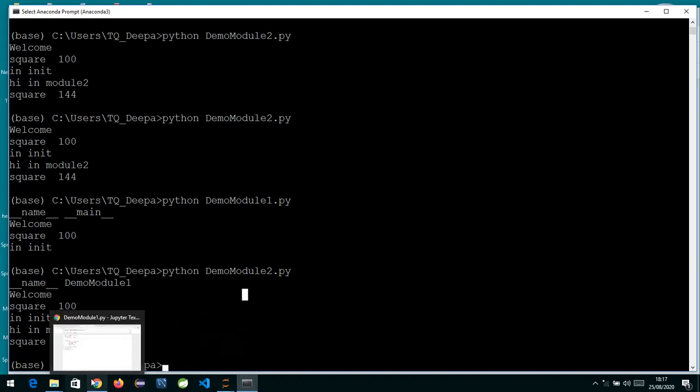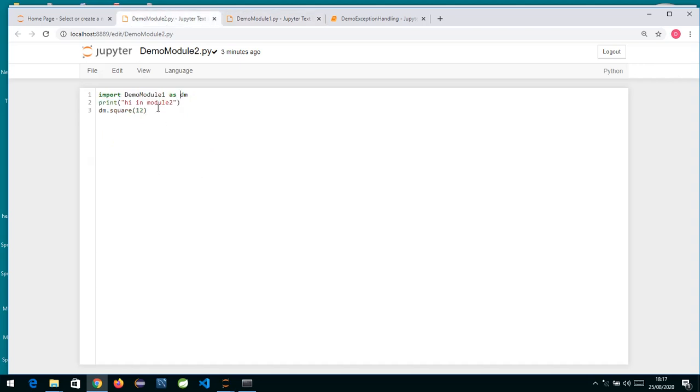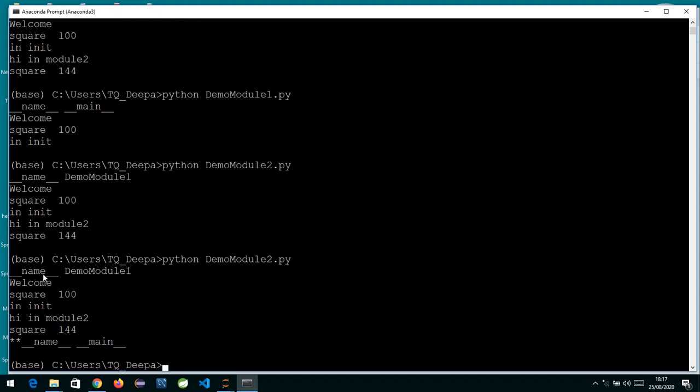So let me show you. In module 2 also we will print this statement, so we'll come to know. I will print the same thing down below, after the square is printed, with stars so that we can tell them apart. Now I'm running module 2. The module which I am running will have the __name__ of that as main.